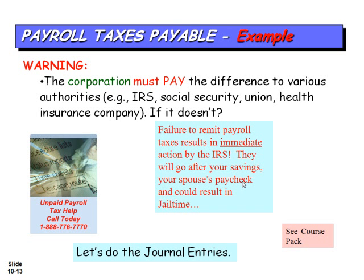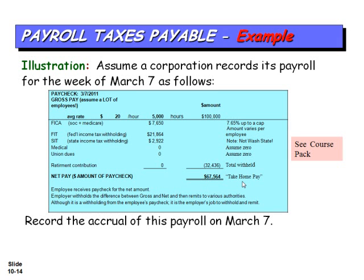If you're really small, you don't have to do it as often as big companies. You only have to do it quarterly. But big companies like Paccar and Boeing, they have to pay the payroll taxes within a day or two of issuing paychecks. Okay, so let's look at